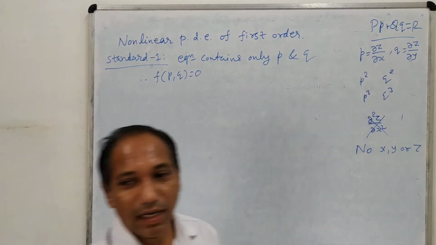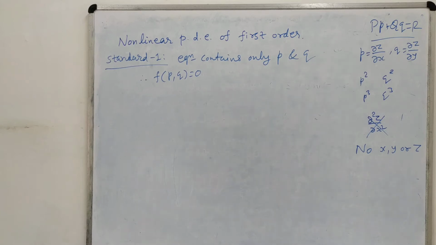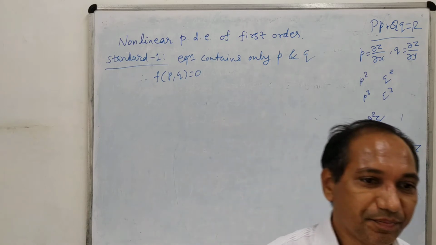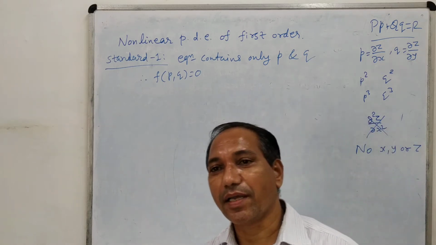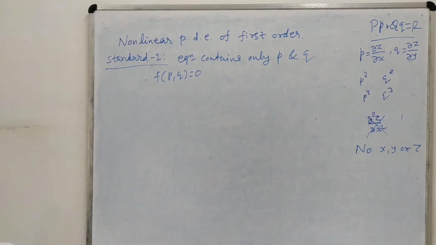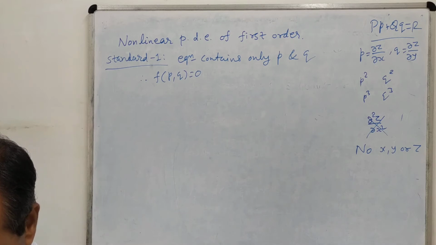Only p and q are involved in the equation. So if you are asked the example in examination, then you identify whether the equation contains only p and q, or in the second case we will see